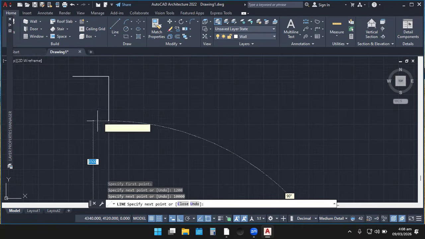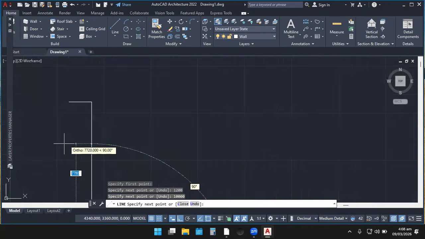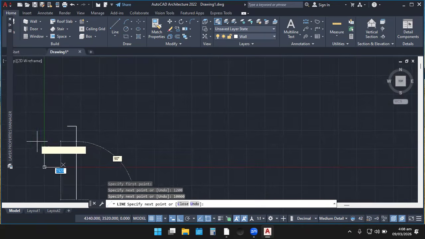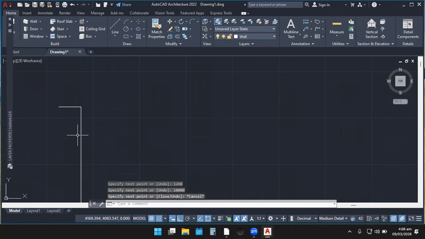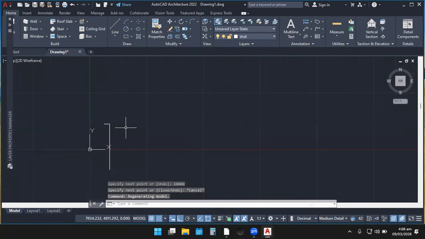After entering 10,000, what do you realize? You realize that the value is too big. So I can choose to just click escape. After clicking escape, you see what has been displayed on the screen. So this is the line that I drew. And I don't want this line to be at this place. So what can I do? I just come and select it this way.